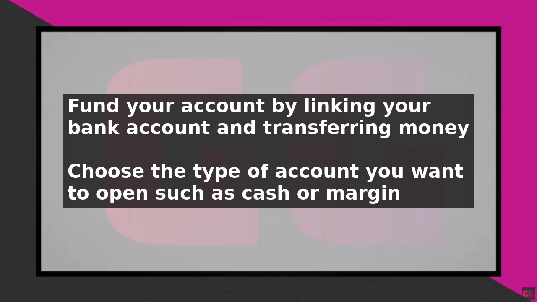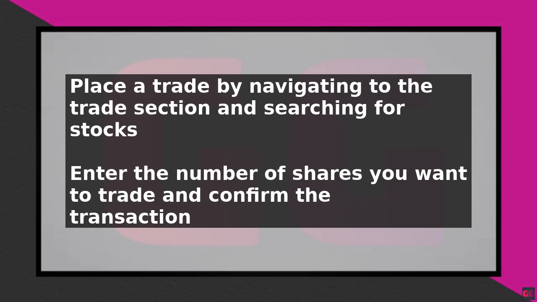or sell a stock. One of the key concepts to understand when trading on Robinhood is the difference between a market order and a limit order. A market order is an order to buy or sell a stock at the current market price, while a limit order is an order to buy or sell a stock at a specific price.